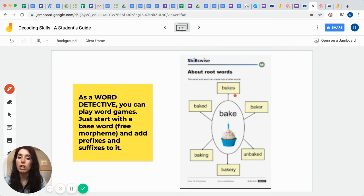And so your job now would be to take the word bake and add prefixes and suffixes on and see how many words you can make just from that base word of bake. So you can see in this case, they added the ed ending, so baked. They added the s on the end, which is the suffix s, bakes. And then they did the comparative adjective, the baker with the er. And then they used a prefix, unbaked, and they used the y, which is a type of suffix, which makes